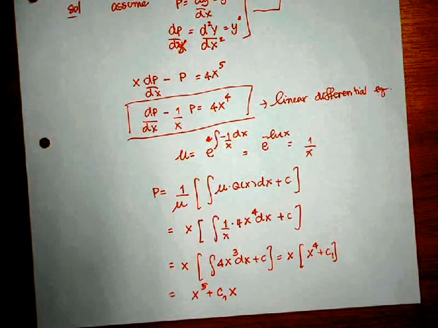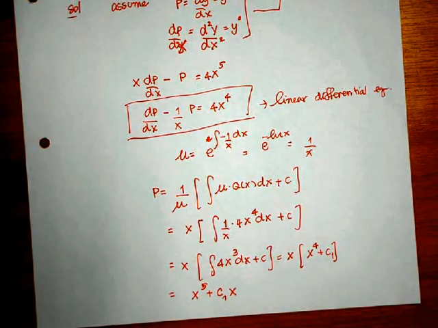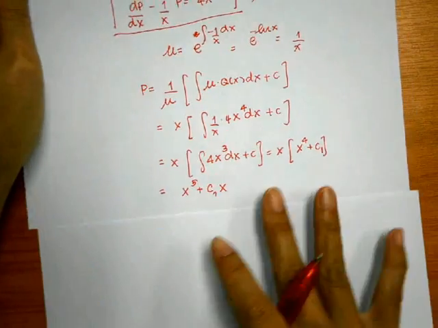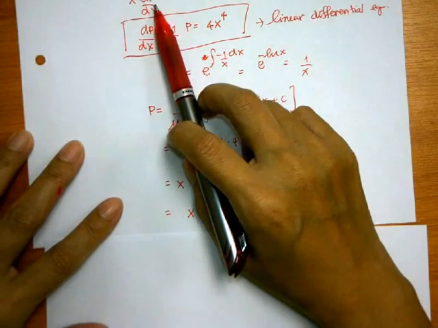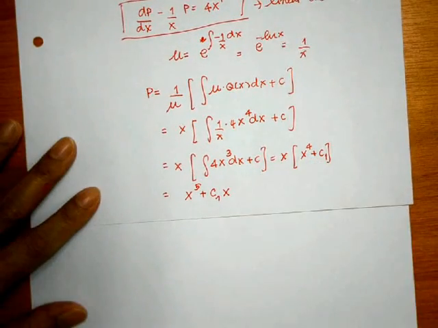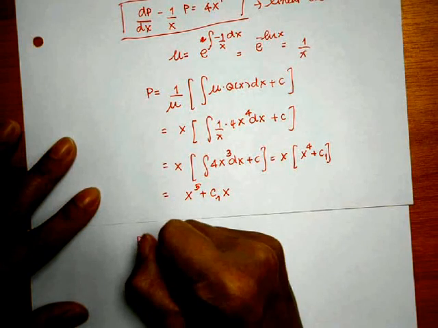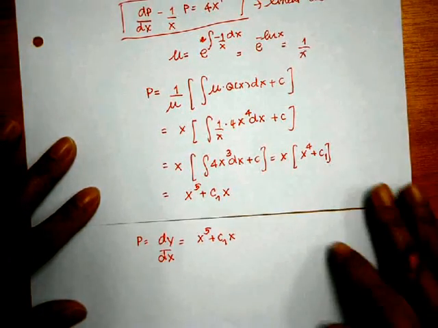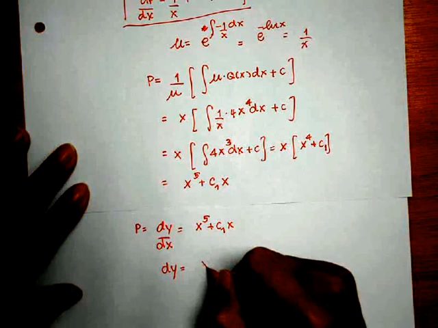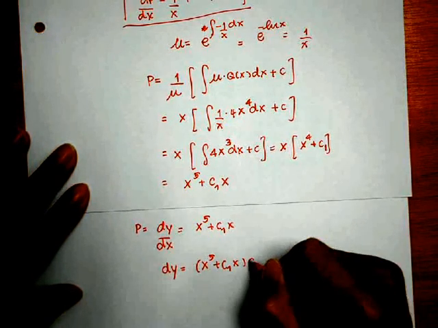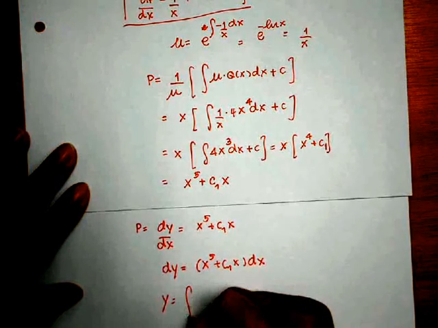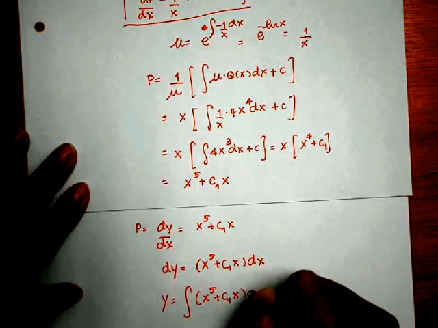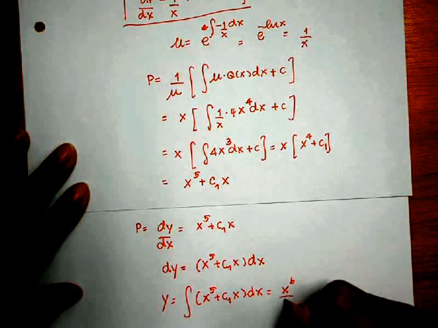But we know that our p is equal to dy by dx, right? Because we defined it, we assumed it at the beginning of the problem. Now, we just reduced it to the first order. And after we got p, we do the integral one more time, and we would get the answer. P is equal to dy by dx. Okay, and then we do the integral again, for both sides, and we would get x to the power 6 divided by 6 plus